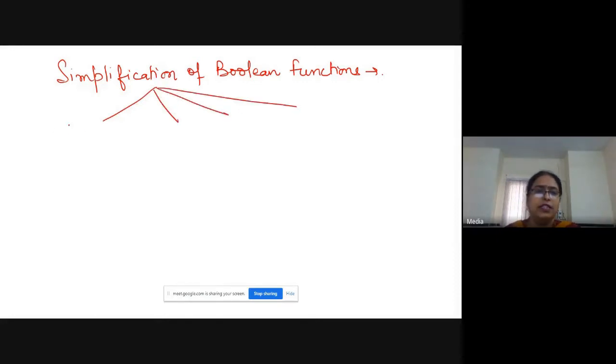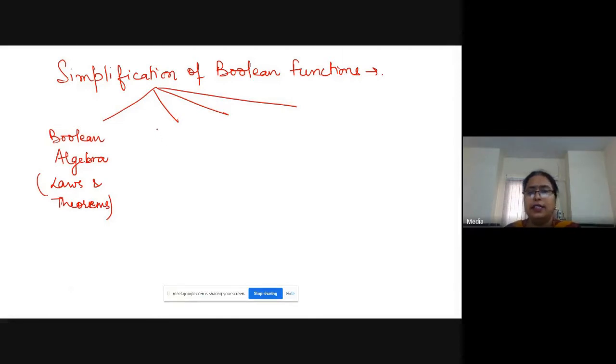One you have seen, that is with the help of Boolean algebra, using the Boolean laws and Boolean theorems. You can minimize a Boolean expression and a Boolean function to simplify the hardware, right?